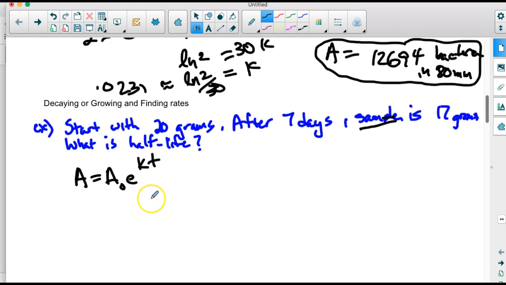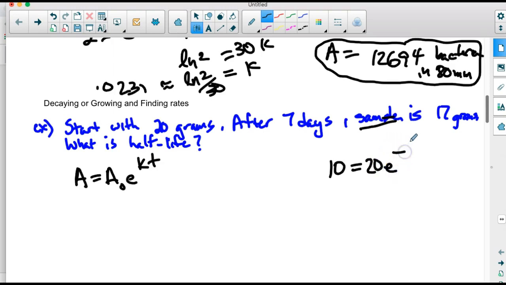All right, but I want to know half-life. So I'm going to want to know this equation. Eventually I'm going to do this: half of it is left over, and I'm going to want to find time. So right now I have this 20 e to the